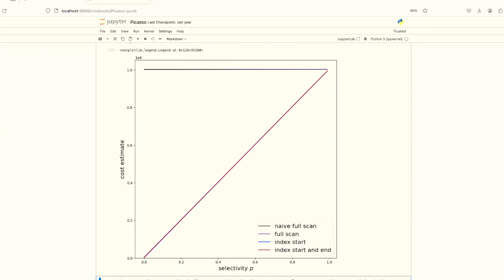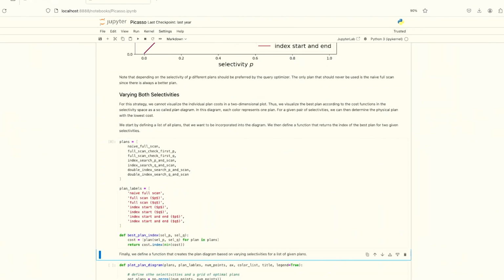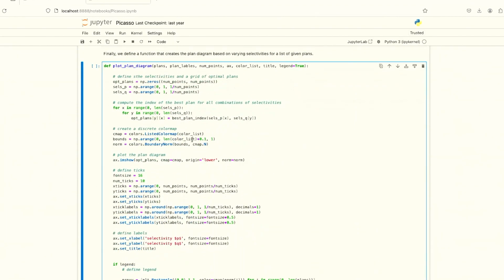And you see for the full scan, it's constant. The selectivity of P doesn't matter in this plan. For the index, however, and for the different index plans, I think they are positioned on top of each other, there's a huge difference. So selectivity makes a huge difference. For highly selective plans, you have almost no cost. The cost estimate is very close to zero. And that's a simple way of visualizing these things. However, this is not yet a Picasso diagram, because the problem here is, what if you want to vary more parameters? And I'll show that here